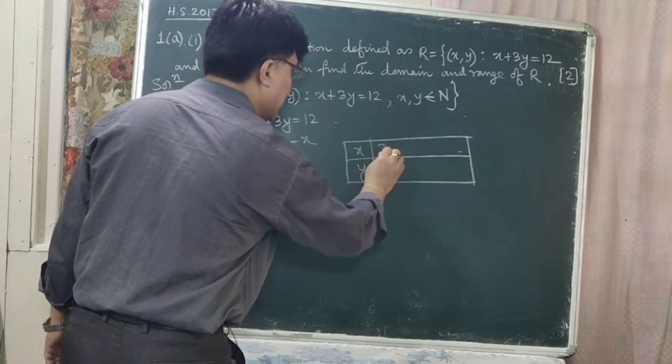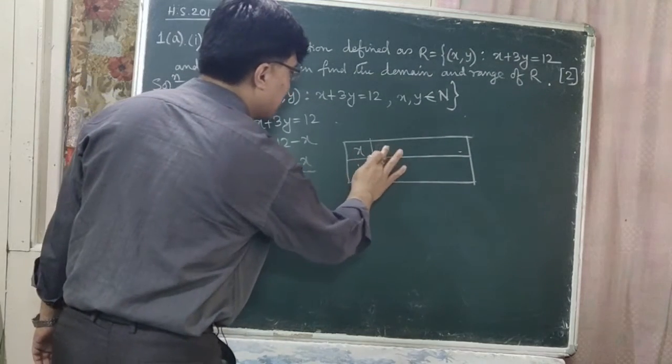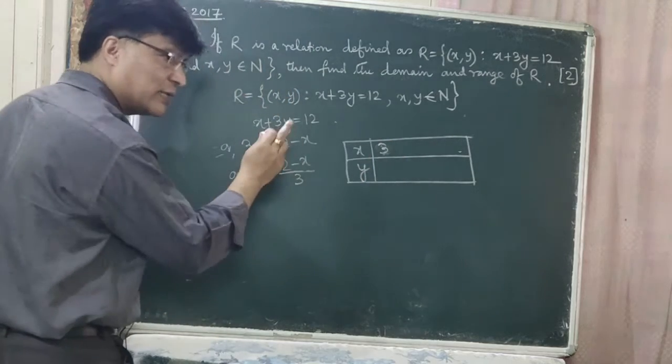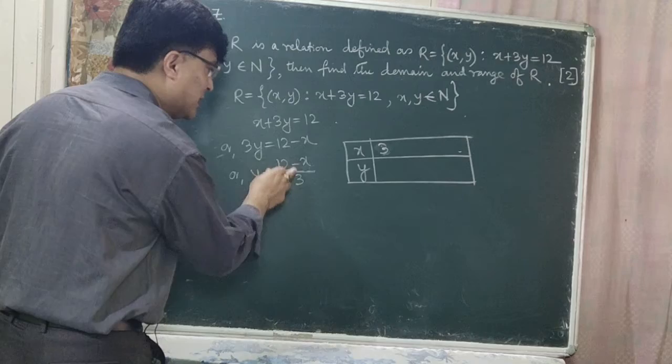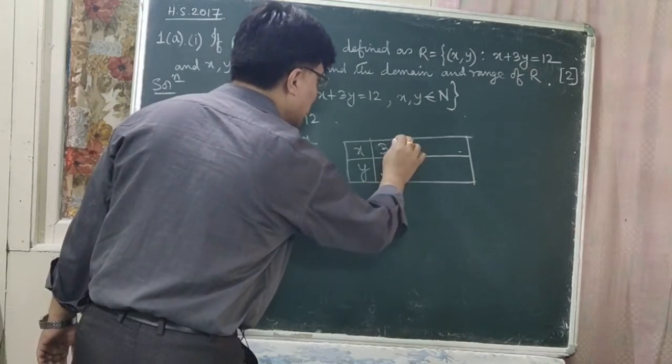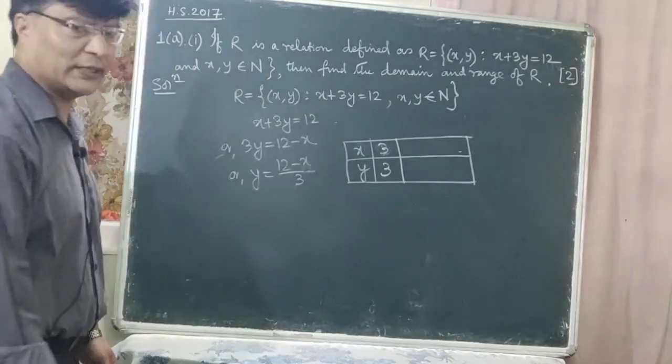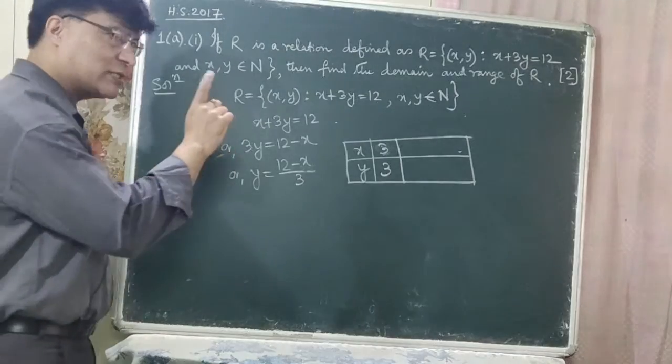Take x as 3. 3 is a natural number. 12 minus 3 is 9, and 9 is divided by 3, so 3 is a natural number here. So we get 3 comma 3. Is that clear? Next number is